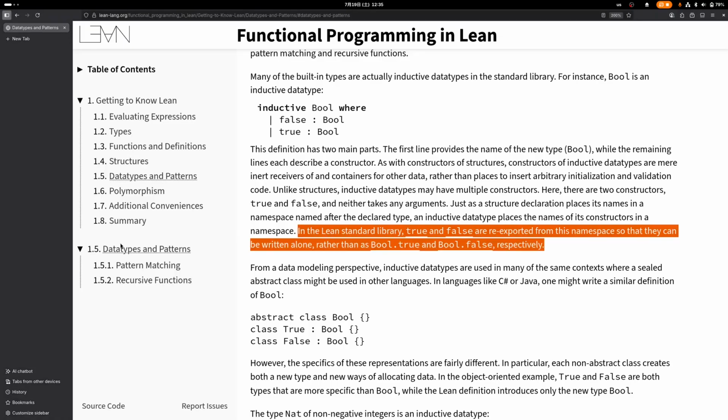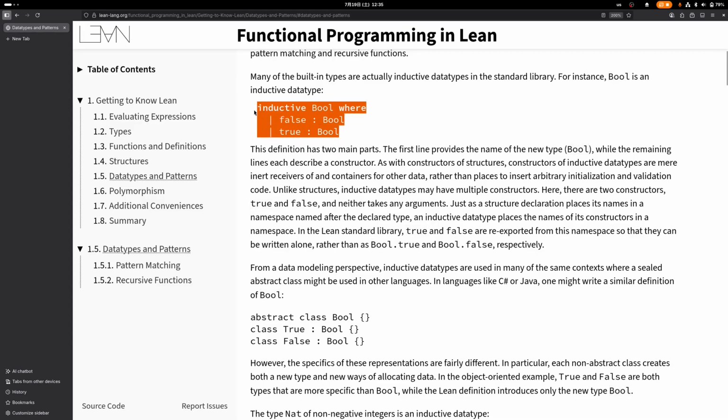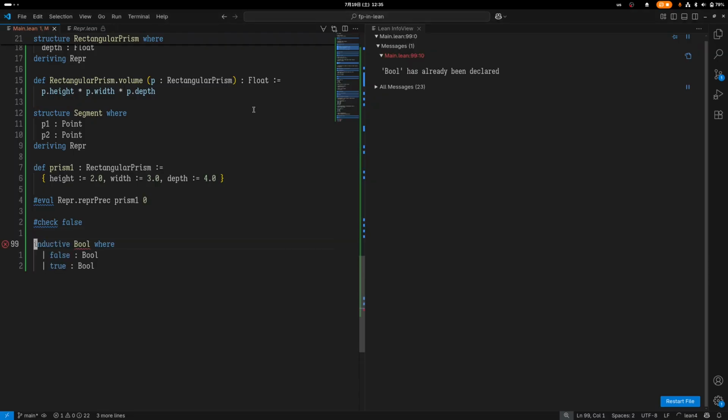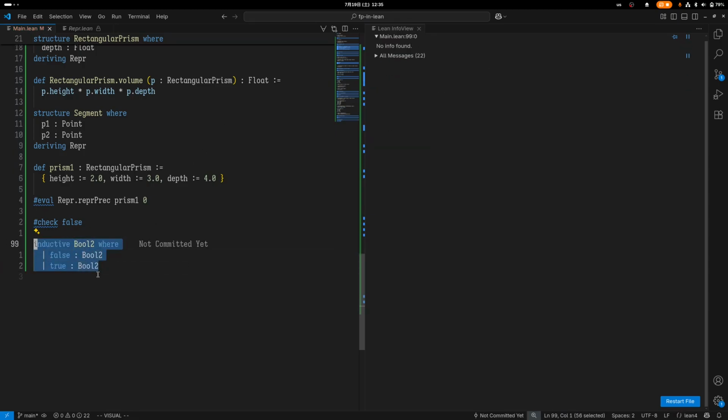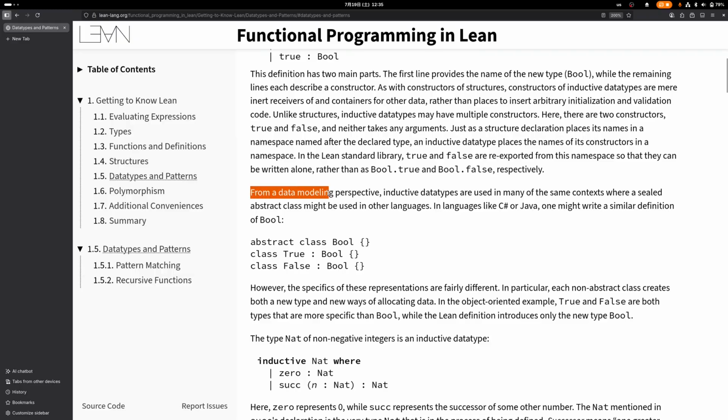Yeah. I wonder if we can redefine this or if it will give us some kind of error. Yeah, it will give us an error, but if I do Bool2, then that works. Nice. From a data modeling perspective, inductive data types are used in many of the same contexts